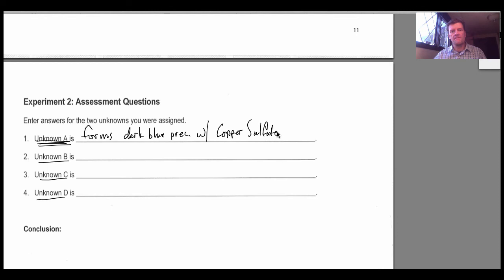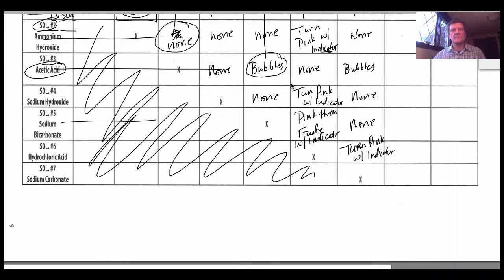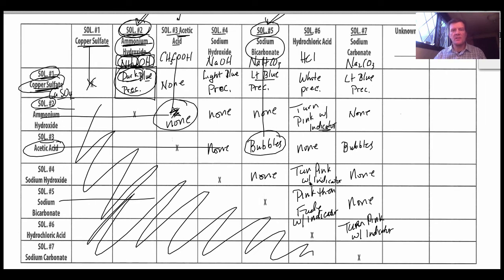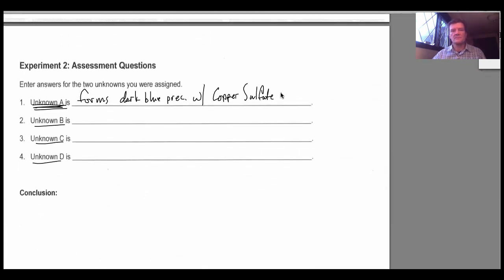Okay? So, you might be able to conclude right away, I know what it is. But let's just test one more thing. You'll notice that also with hydrochloric acid had a lot of reactions as well, if you test it with hydrochloric acid. So I'm going to take the same unknown A and test it with hydrochloric acid, and the results are